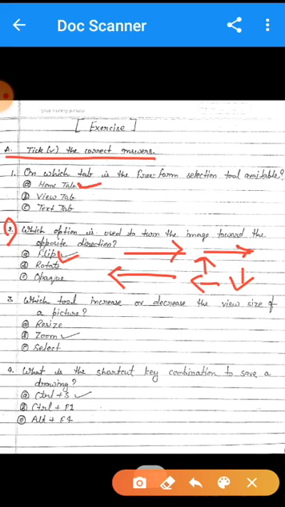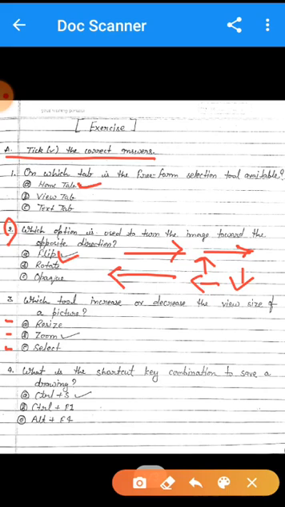Now come to question number third: which tool increases or decreases the view size of a picture? Dear students, here you can see three options. Option A is resize, option B is zoom, and option C is select.